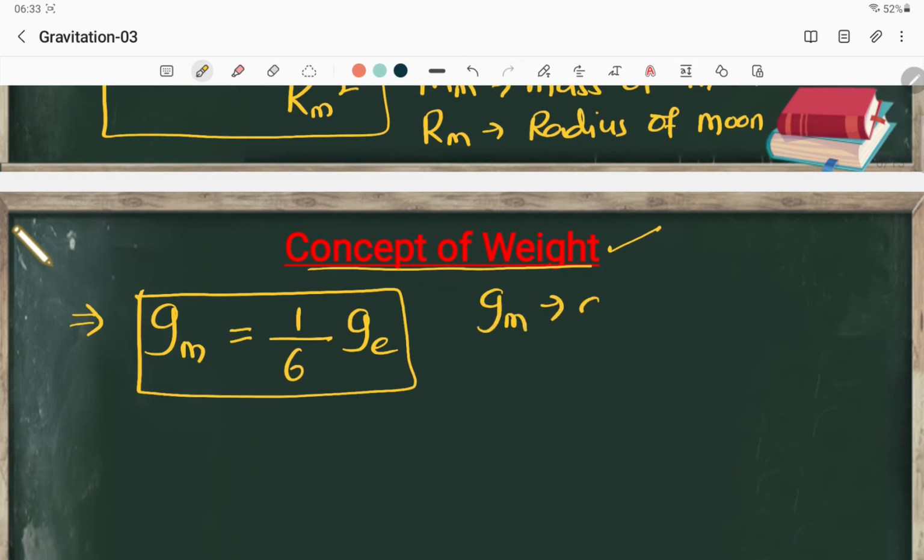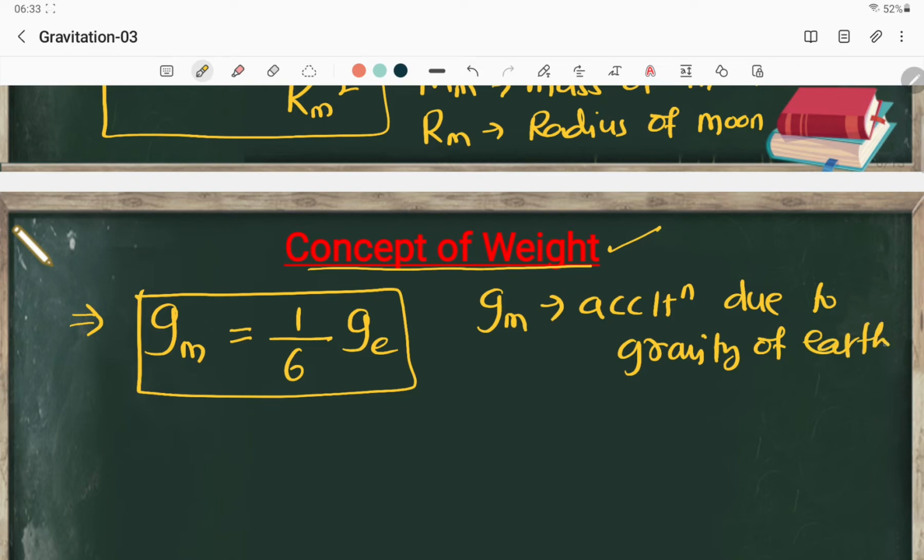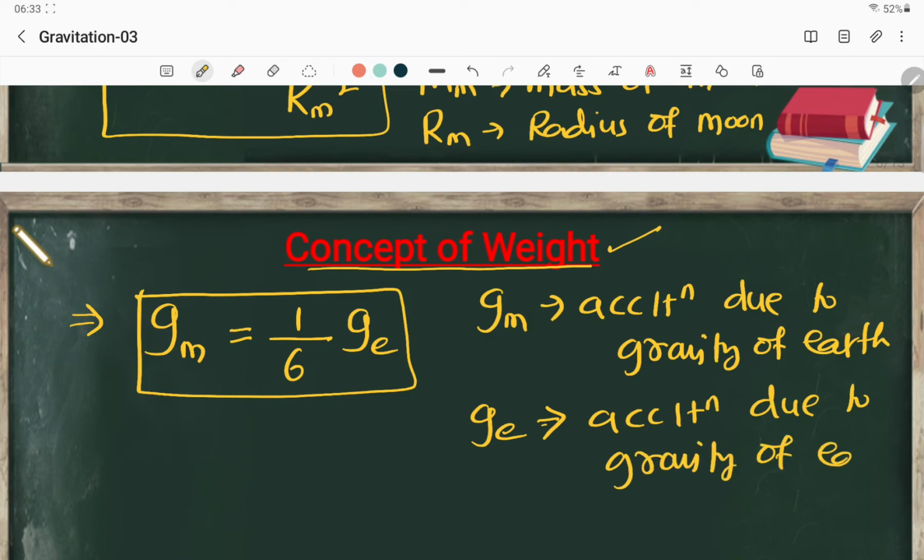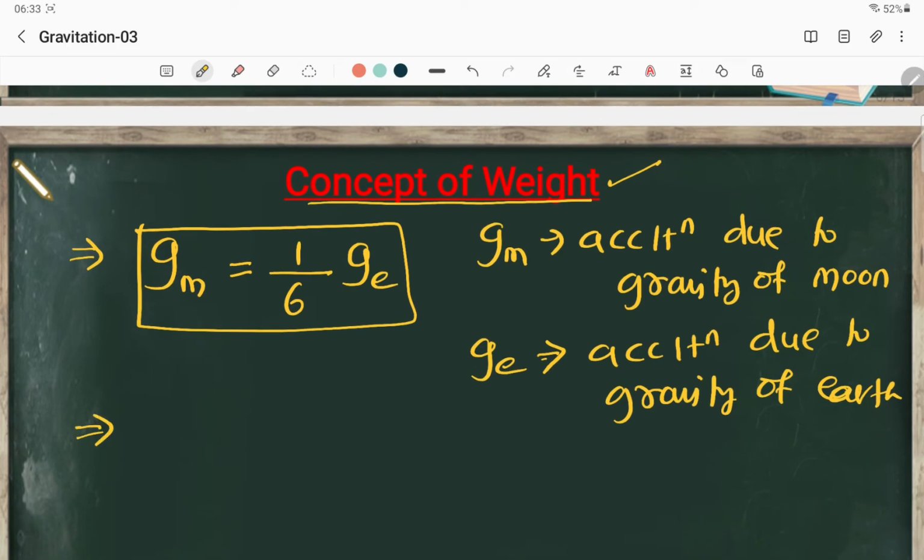What is gm? gm is the acceleration due to gravity of the moon, and ge is the acceleration due to gravity of Earth. It is found out experimentally, with calculations. So gm, the acceleration due to gravity of the moon, is 1/6 into ge, and the ge value is 9.8, so